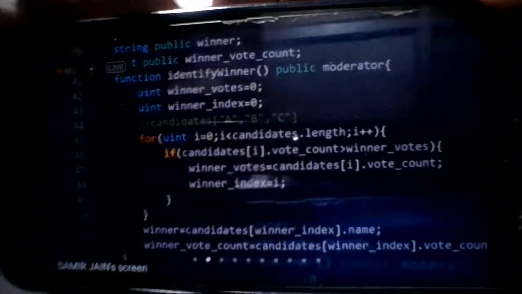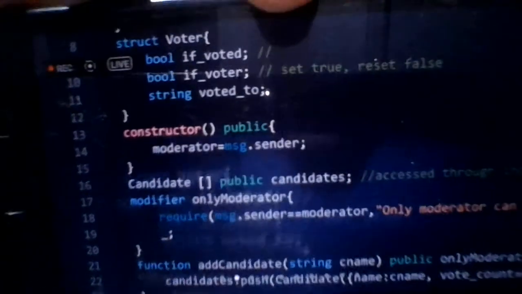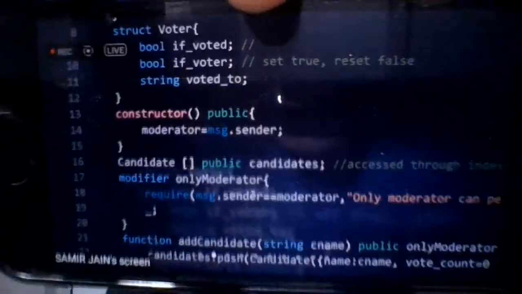So first thing that you should always remember. Let me see, how do you make sure the count function is called after voting is done? Exactly. So we have to add some flags. We can have some flag that should be set or reset. Like if voting is done, then a moderator will call this function.